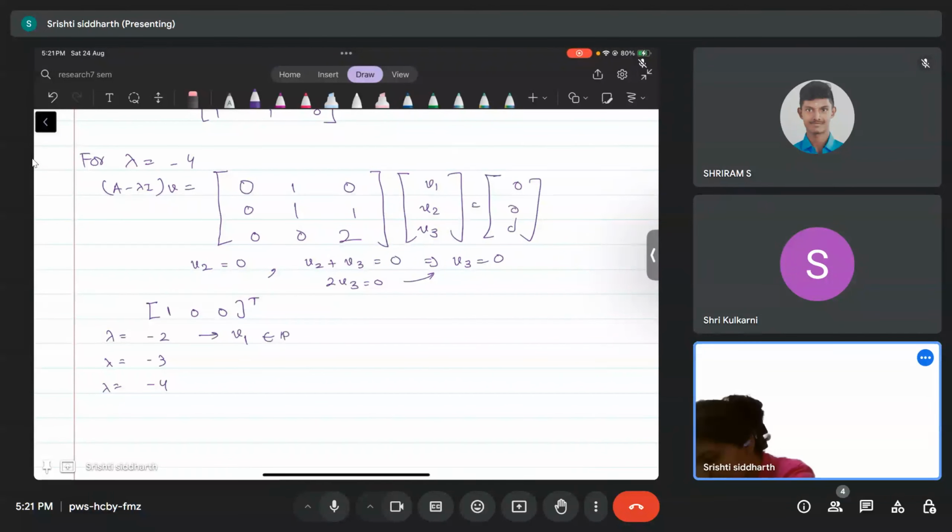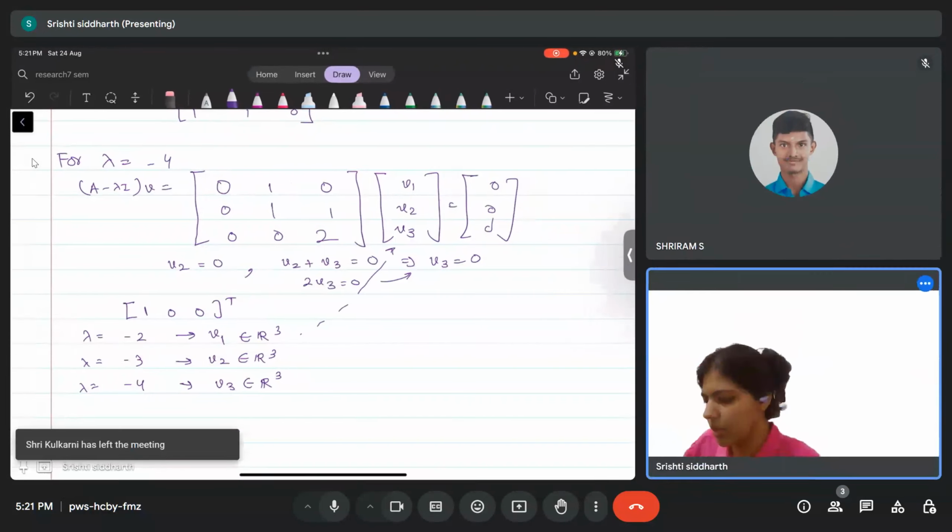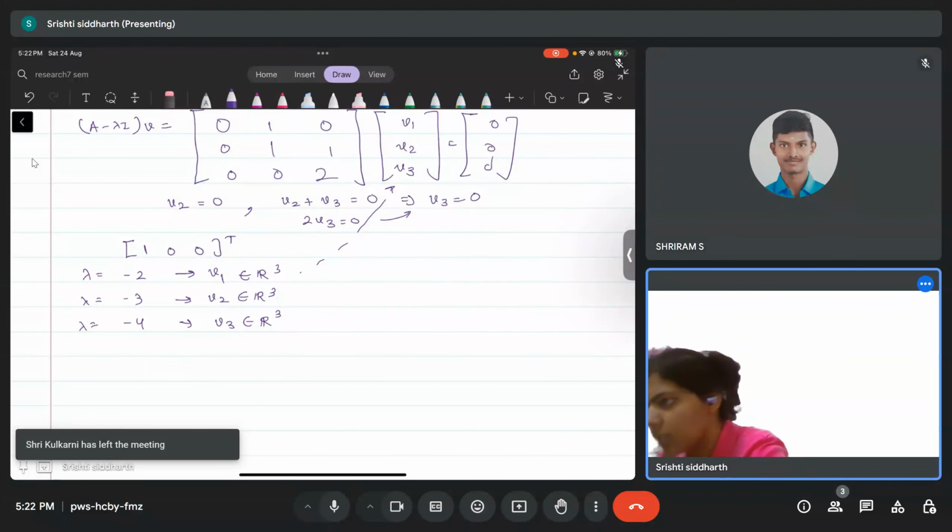This is R3 now. Then we have V2 and we have V3. You can use some other symbols if you get confused by this vector. That's totally fine. So the transformation matrix becomes